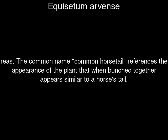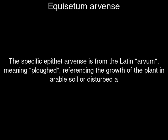herbicides. The common name, common horsetail, references the appearance of the plant that when bunched together appears similar to a horse's tail. The specific epithet arvense is from the Latin arvum, meaning plowed, referencing the growth of the plant in arable soil or disturbed